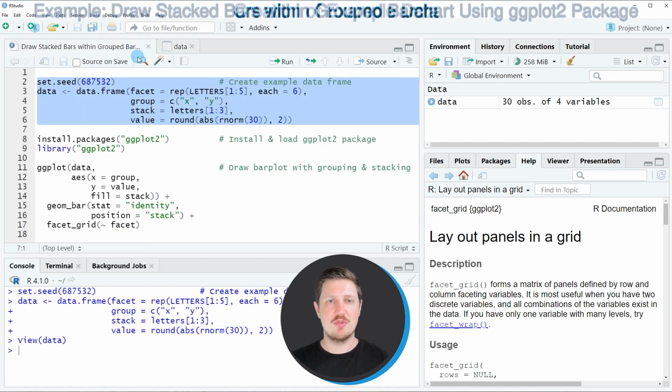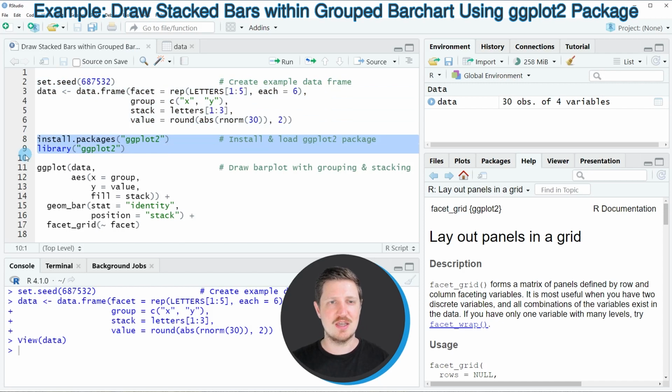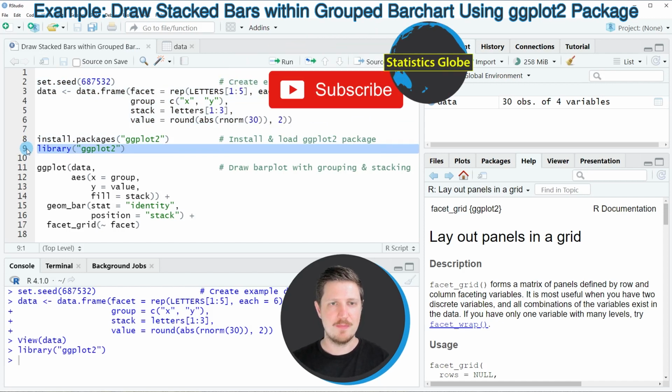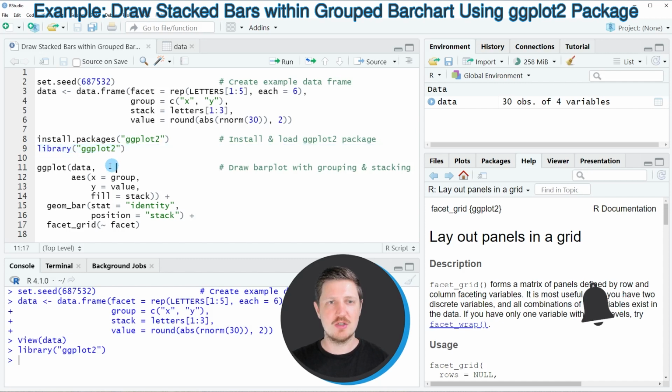Now, if we want to draw these data using the ggplot2 package, we also need to install and load the ggplot2 package, as you can see in lines 8 and 9 of the code. I have installed this package already, so for that reason I'm just going to load it with line 9. And then in the next step we can use the functions of the ggplot2 package, as you can see in